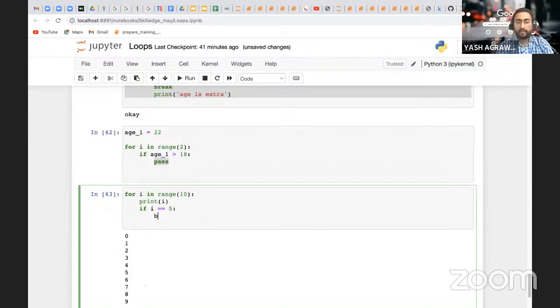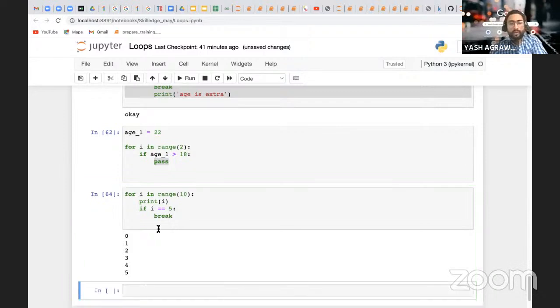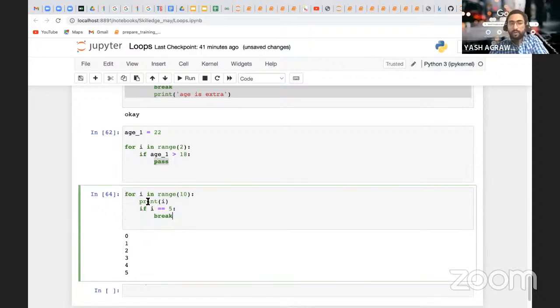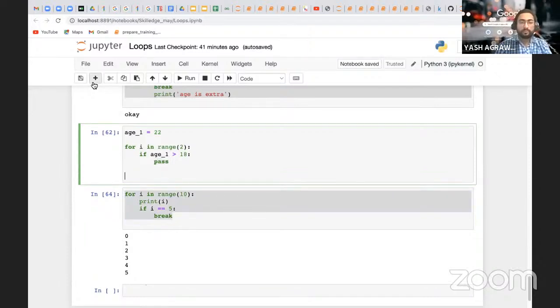So what I write? Break. Okay, what did I do? Break. So sir, जैसे ही 5 मिला ये स्टेटमेंट ब्रेक हो गया. ओके सर, बाकी की वैल्यूज आ रही है क्या? नहीं आ रही, राइट.